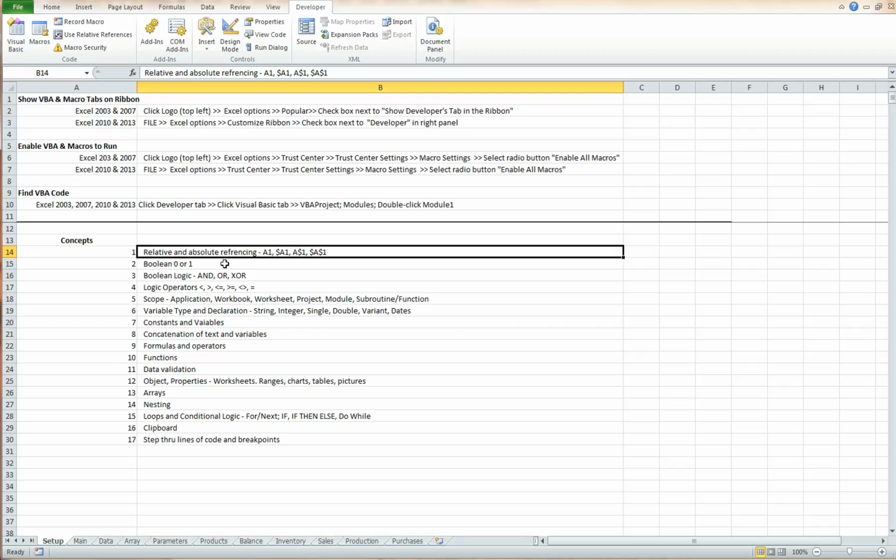Okay, the next one is the idea of Boolean logic. If you've been in any kind of programming class, Boolean logic either has a value of 0 or 1. 0 would mean that it's false, a 1 value would mean that it's true. If you were to do any conditional